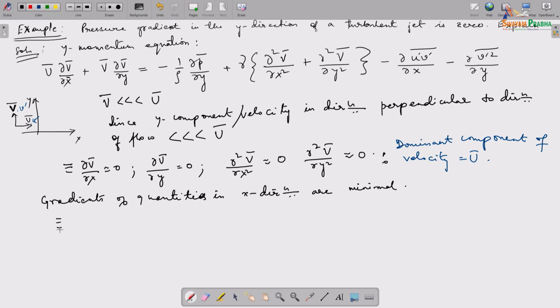So what we have here are these two terms. So you have this, right. So this is actually in the x direction, right. So gradients of quantities in the x direction are minimal. So we're basically saying, okay, right. Therefore, what is left of the momentum equation? What is left of the equation? So then therefore